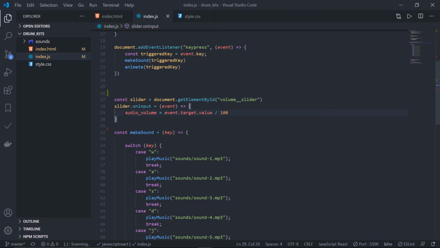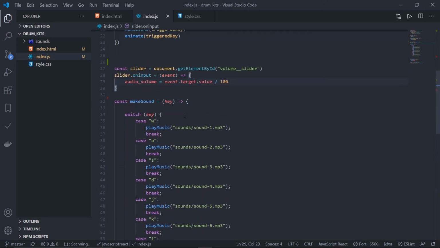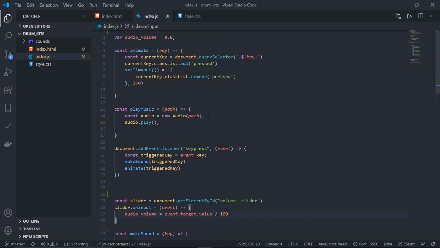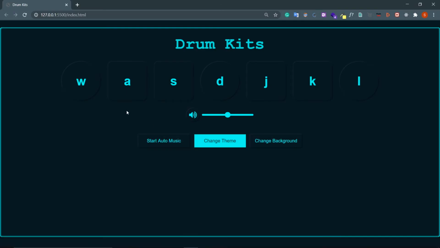Nice. And now we need to change the volume of the HTML5 audio, right? I am creating the music in the playMusic function, so before I play the audio, I need to change the volume. audio.volume is a property of the audio object, so audio.volume is equal to audioVolume. Nice. So let's see. This is now 0.6, and if I reduce the volume, nice, it's working fine. And if I increase the volume,